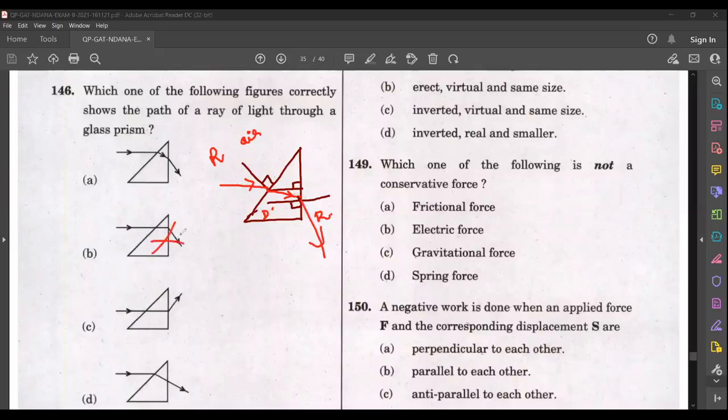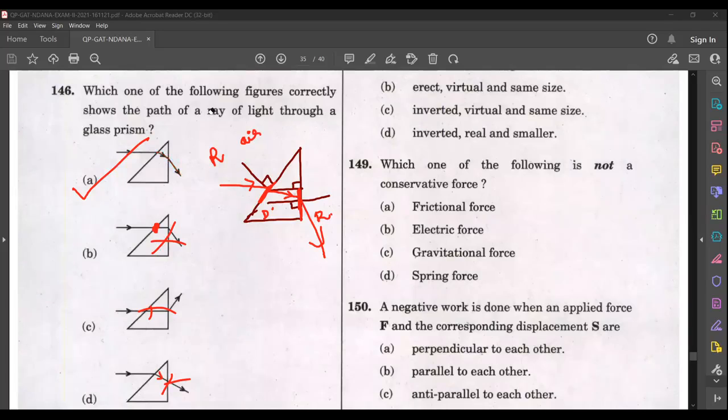So obviously this is not, because here refraction should happen. So that means it should bend. Here also refraction has not happened. That is also wrong. Here refraction is happening, but refraction is not happening here. So that is also wrong. So answer is option A. Whenever it reaches the surface of separation, it should undergo refraction. Refraction itself is bending of light rays when it travels from one medium to another. So here, it is bending at this point. Then here, it is again bending at this point. So option A is the correct one.